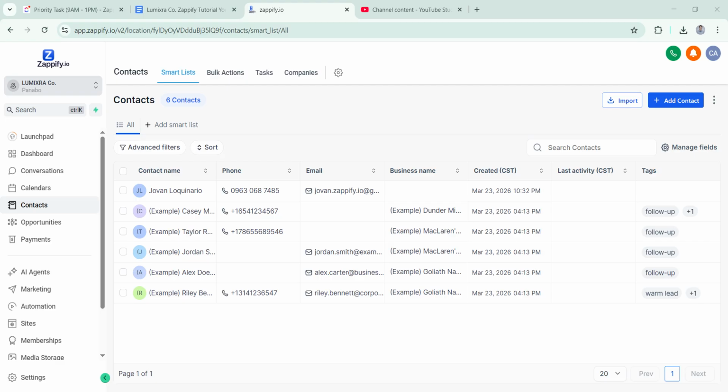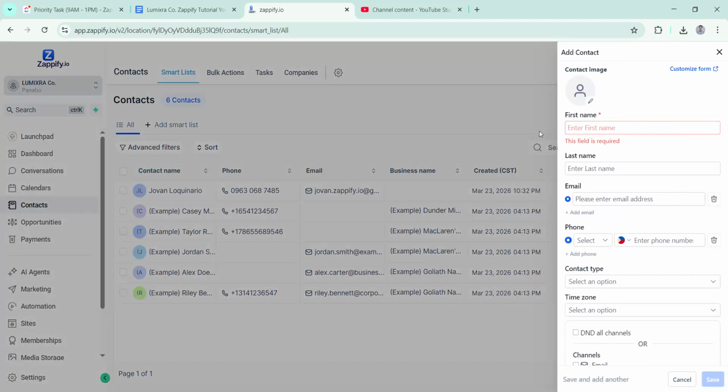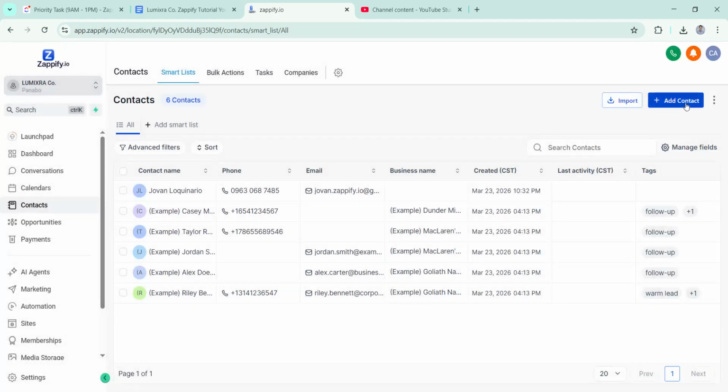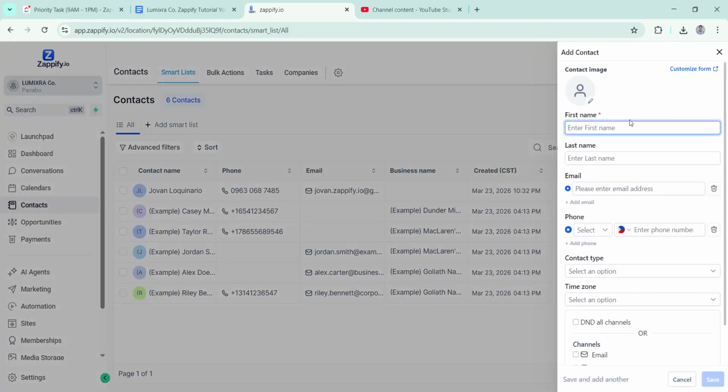After that, you can now add contacts manually. Just click the add contacts and fill in the details. Okay, so let's fill in some details. For example,